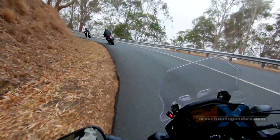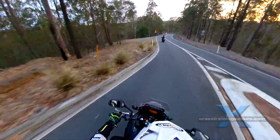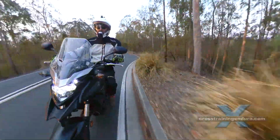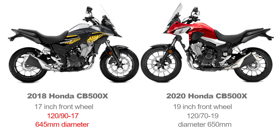How close does it come to mimicking a 19-inch front wheel? We are fitting it to a 2018 Honda CB500X. You can see the difference in front wheel sizes here as the 2019 and 2020 models changed to a 19-inch front wheel. Once the higher profile Shinko 705 is fitted, the diameter is increased to almost the same as the